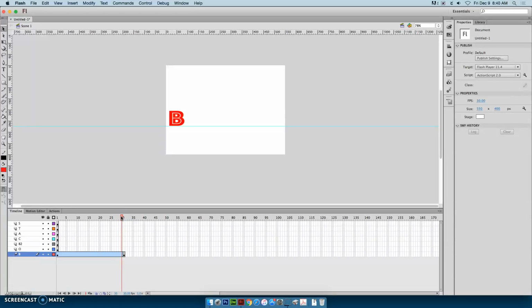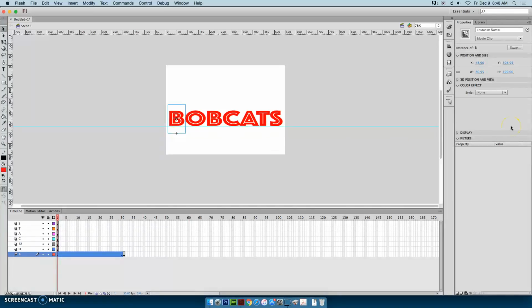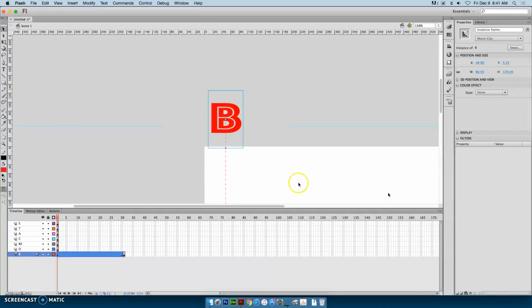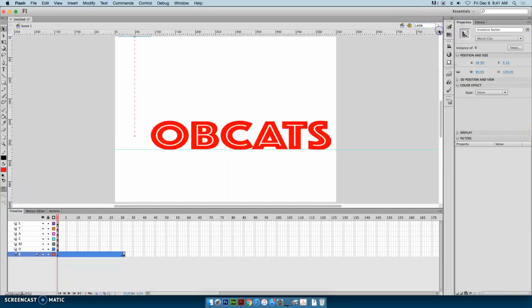Now go back to frame 30, insert a keyframe, because that's where we want it to be in frame 30, and now go to frame 1, and we're going to use our shift and our arrows to move it above the stage. And we want, let me zoom in to make this a little easier to see. See the little crosshair? That's your registration point. We want that to be right on the top edge of the stage. And that's so that we can line up all the letters to where they are at the same place above. Okay? So now if I go back and do show frame,